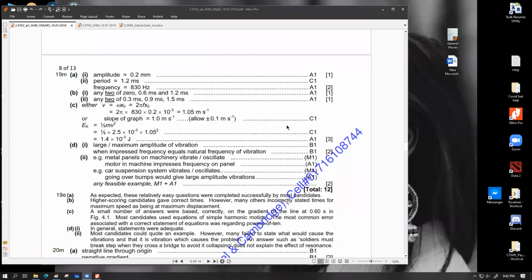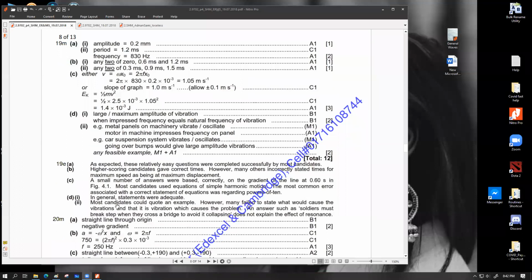Let's move on. So you could mention any of these logical cases, for washing machines, for bridges, and something like that. Also, this question was answered in terms of examples, so you could write any of them. Have a look at the examiner's report, what it says. Most candidates could quote an example. However, many fail to state what could cause the vibrations and that it is vibration which causes the problem. Answers such as soldiers must break step when they cross a bridge to avoid it collapsing do not explain